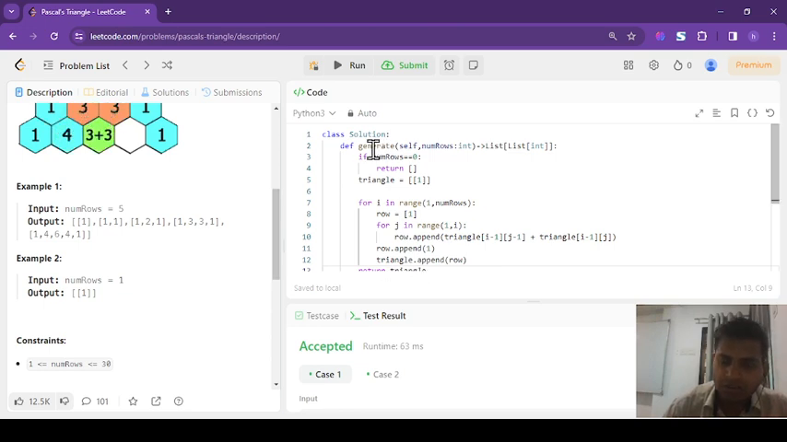Okay, so likewise we have created generate, which is a method of the class Solution, to which we are passing the number of rows as an argument, which is of integer type. And the result is formed within a list, that is a nested list, a list within a list. So if the number of rows is 0, it will always return